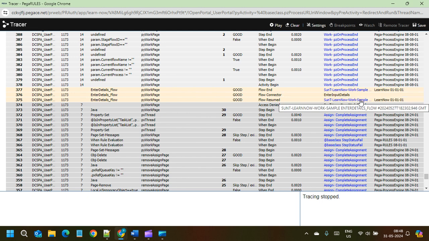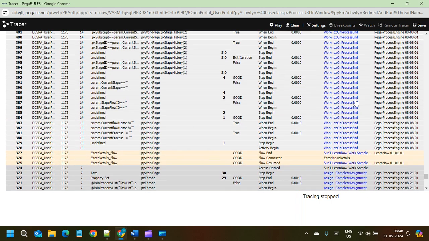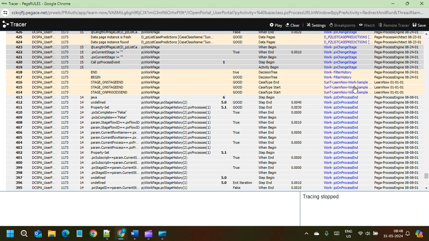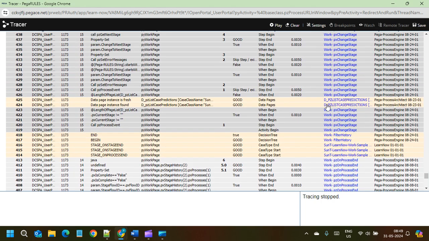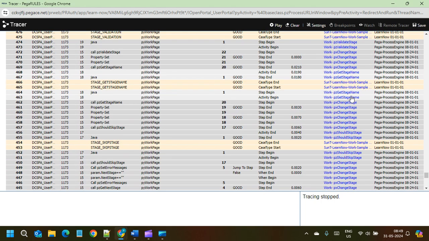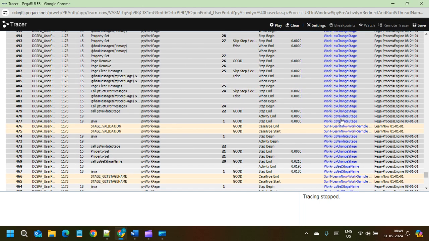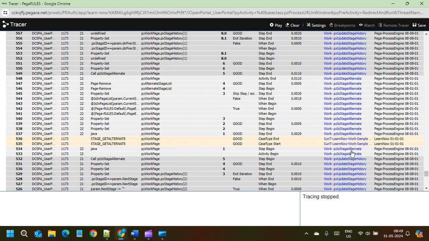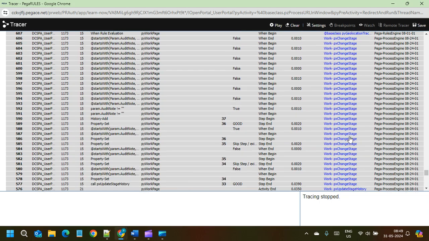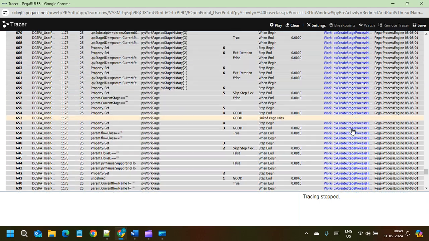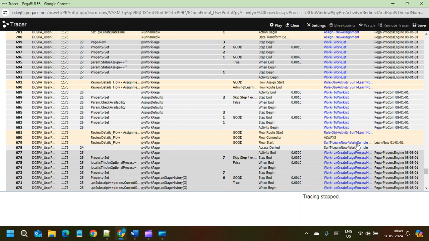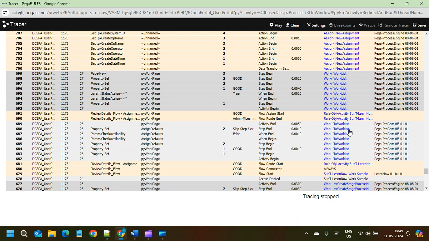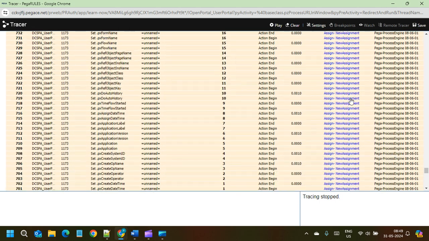Here if you see, this is the first flow, enter details, and then it will go to the case type. It picks the next stage, the review stage, and in the review stage it goes to the next flow. Inside the review stage we have one flow, that is the review flow. It will open the review flow. Now this is the review flow started. This is the review details flow. Inside the review details flow, it is showing ToWorkList, the activity that triggered, and worklist,